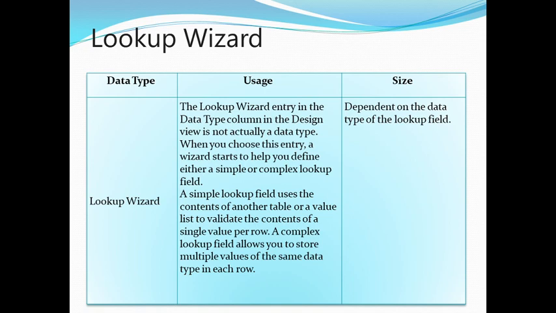Now, see what is the use of this lookup wizard? It helps you to create a field whose values are chosen from the values of another table. It may be a table, it may be a query or a list of values. By default, Access sets the lookup field to a number data type. By default, if you select lookup wizard, it shows number, but in lookup wizard you can set the values. I'm giving you one live example.